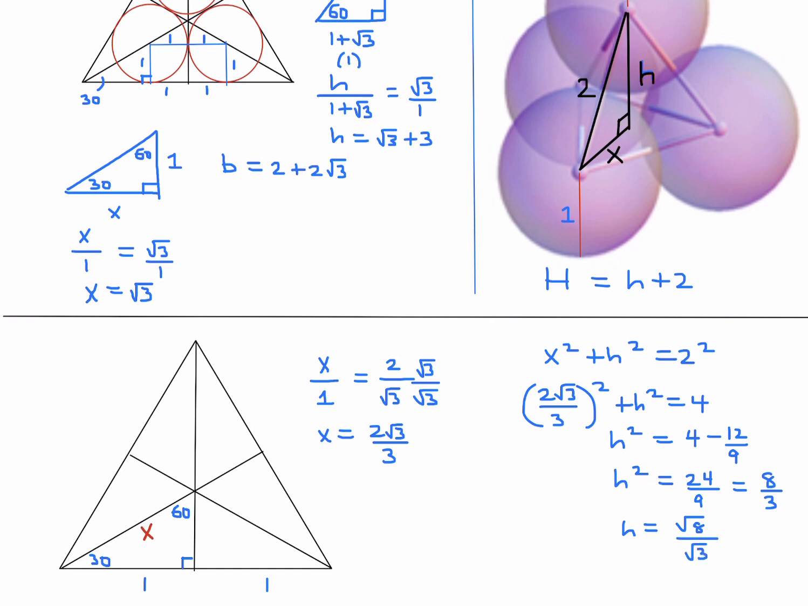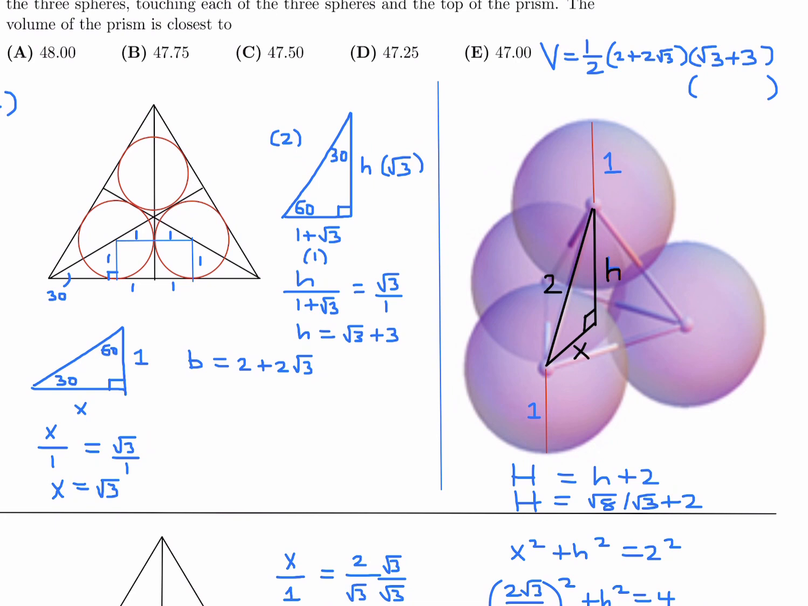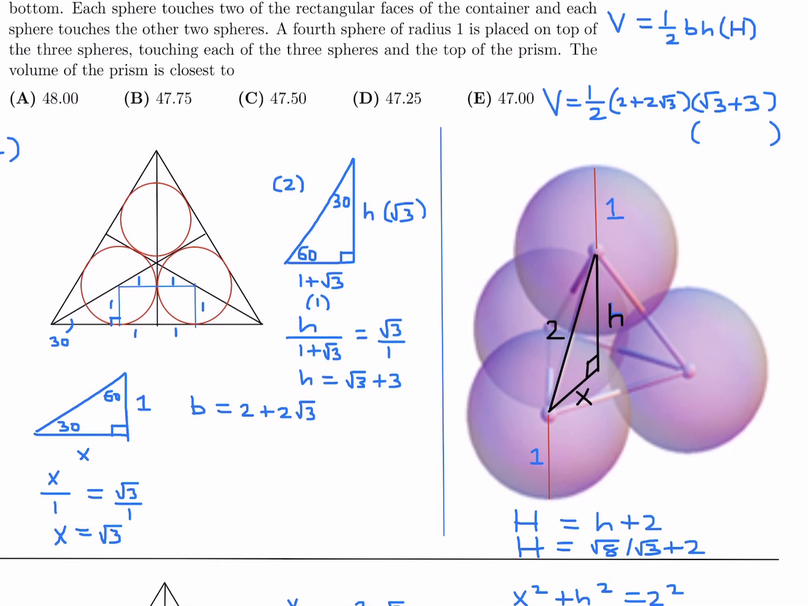Okay. Now remember, big H is h plus 2. Don't forget that. So this is going to be root 8 over root 3 plus 2. All right, we're done. Well, almost. So remember this formula. All I had to do was figure out h, or big H, and I just did. It's root 8 over root 3 plus 2. Okay, now all I have to do is